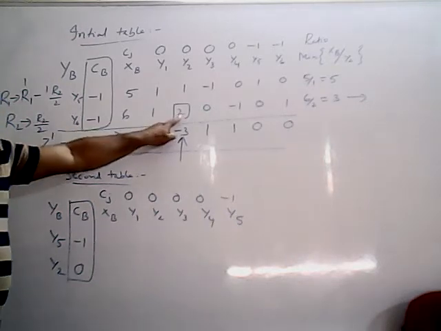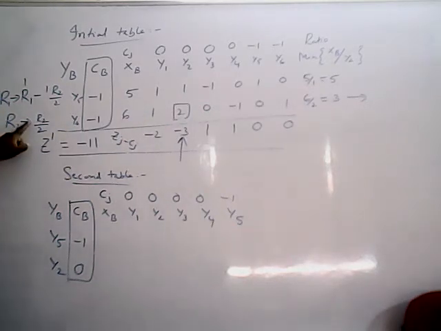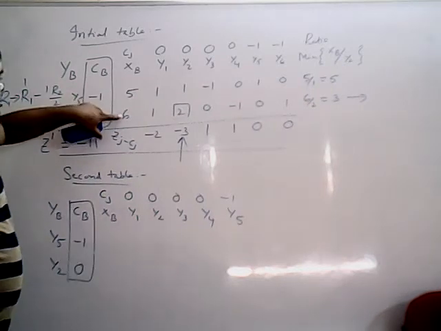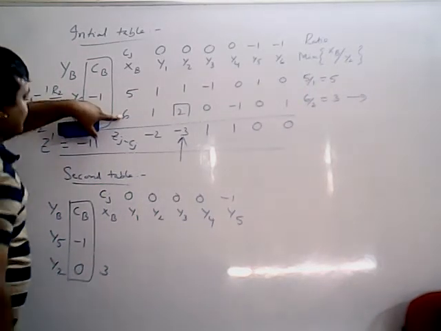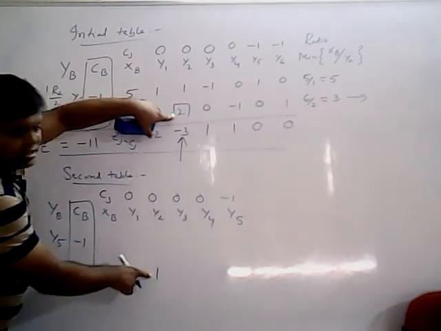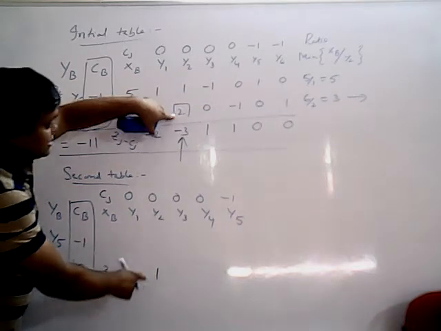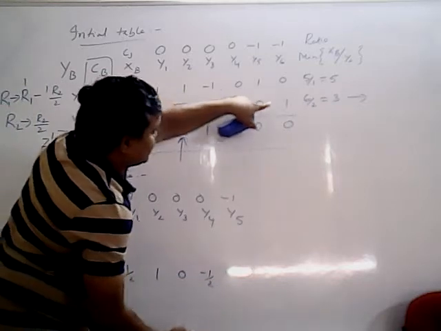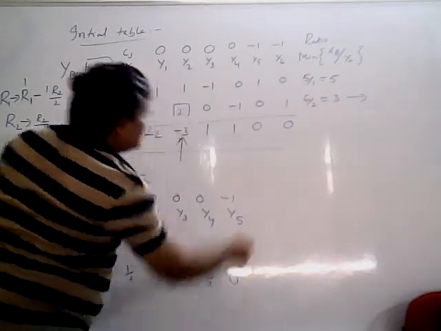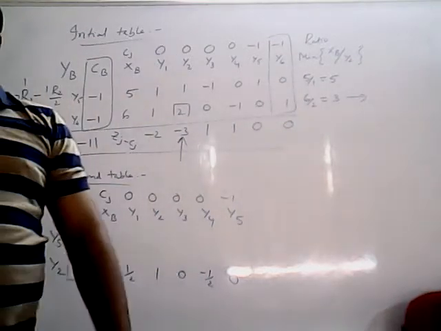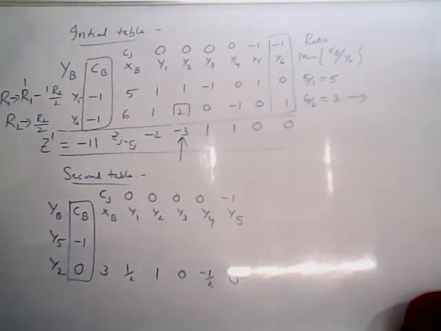The key element row is the second row. First I will write the second row operation, which is R2 by 2. R2 by 2 means every value in the second row is divided by 2. So 6 by 2 is 3, 1 by 2, 2 by 2 is 1. That means the key element is 1, so your operation is correct. Next 0 by 2 is 0, next minus 1 by 2, next 0 by 2 is 0. Y6 is not required. If you want, you can do it, but it is not required, like in the Big M method.